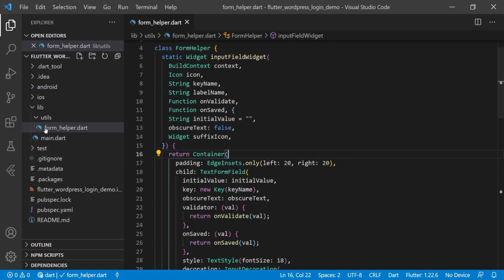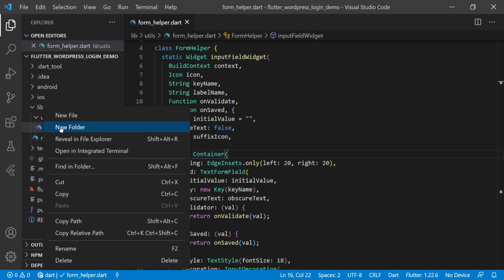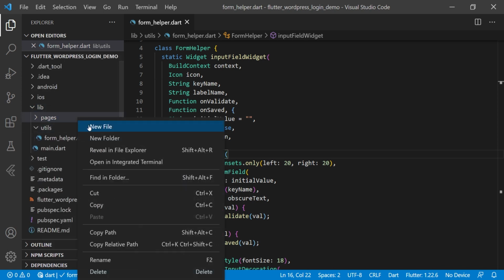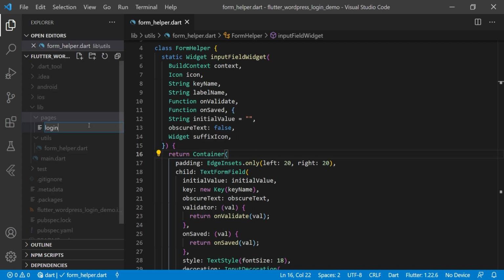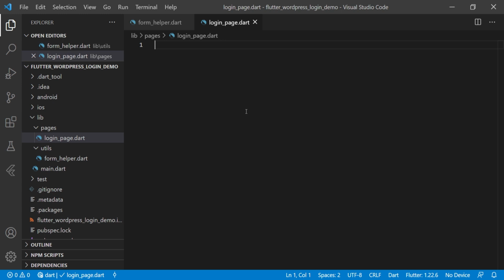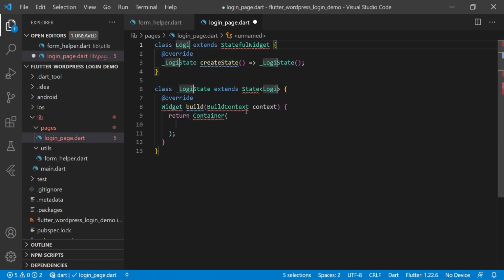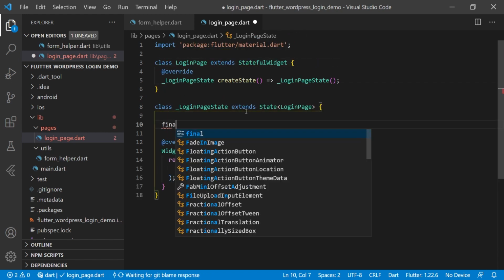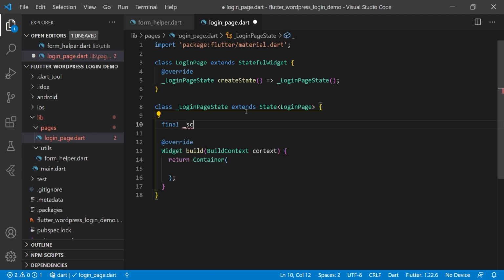So now let's create the page. We will create the folder here, pages, and here we will create login_page.dart file, and we will make it as a StatefulWidget, LoginPage. So here we will import the material file, and here we have to define some variables. Final _scaffoldKey is equal to GlobalKey<ScaffoldState>,